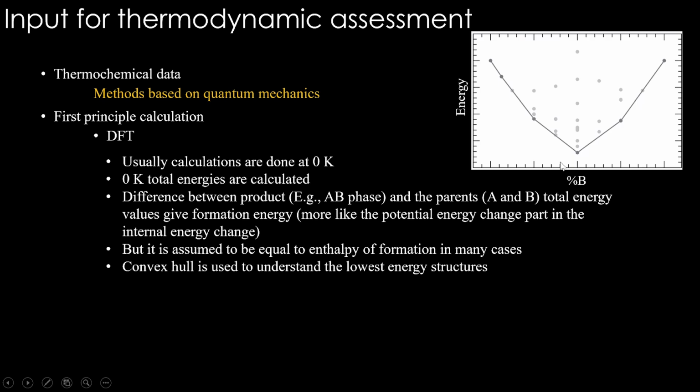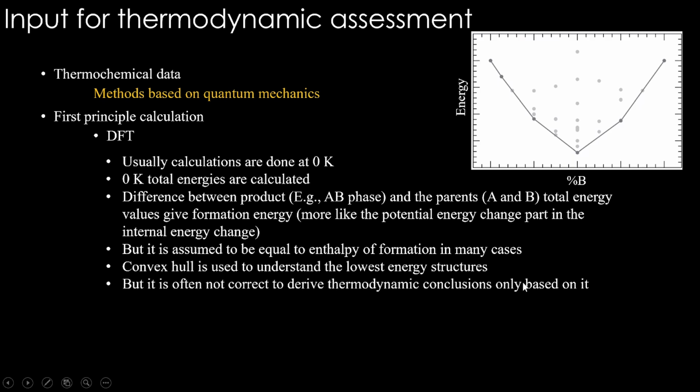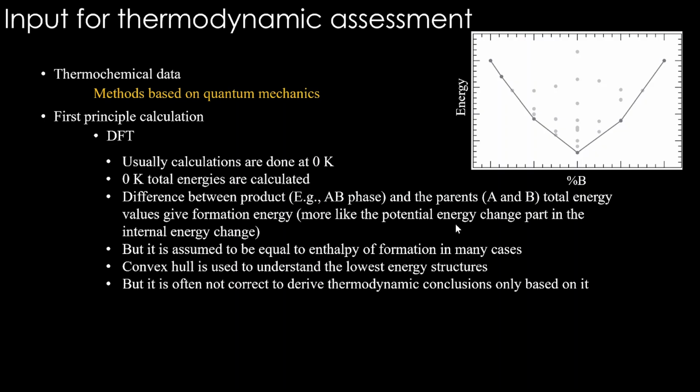So that is how it is treated, but you can already sense there is some problem. It is often not correct to derive thermodynamic conclusions only based on it, because this is just the enthalpy of formation or just the energy of formation. Even a PV term is not involved in this, and more importantly entropy is not involved in this. So only when delta H minus T delta S comes, we are happy, because that's where we can say we have minimum Gibbs energy. So this particular thing is not the same as the lowest Gibbs energy envelope that we talk about when we talk about thermodynamic stabilities. This kind of mistake is often made even today.